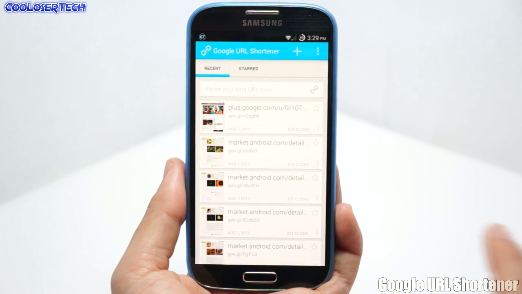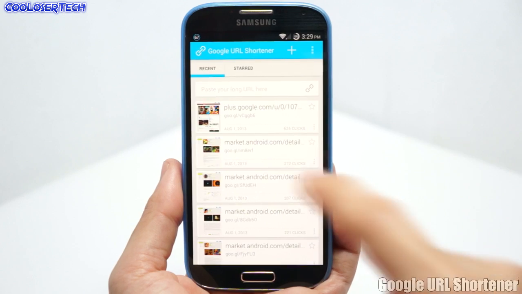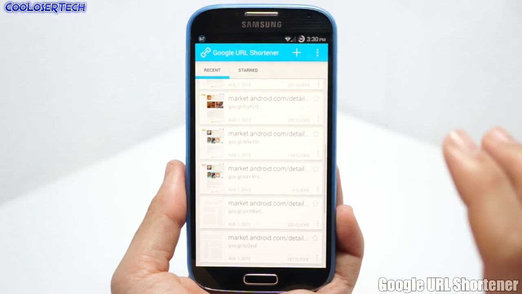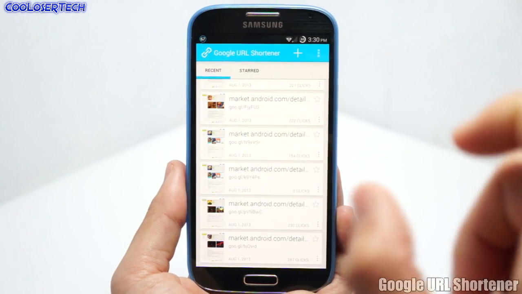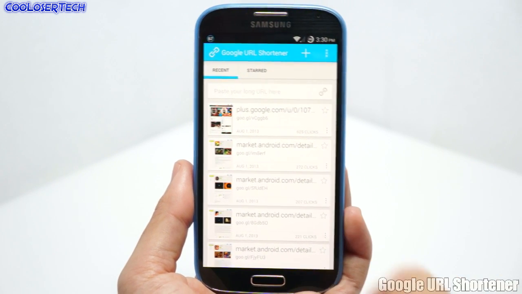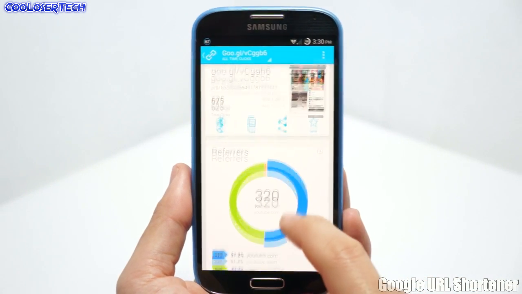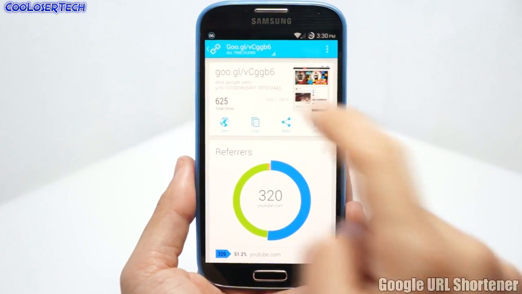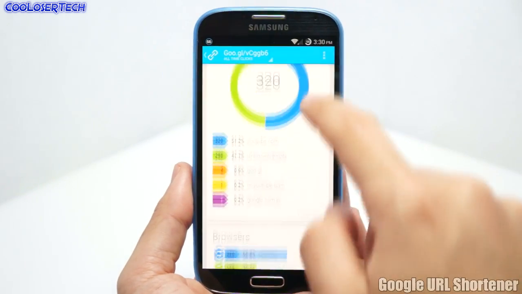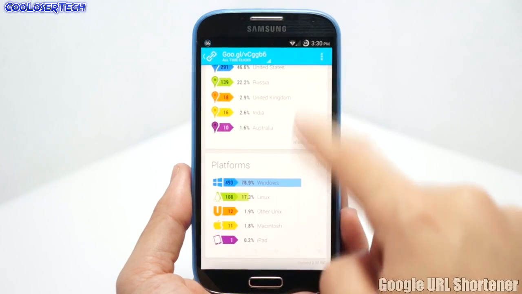But with that said, this is where all your URLs were created. So if you created one, this is where you'll see it. And every URL you shorten has a little tracer on it. It's going to show you how many people actually click on it. 625 clicks on this link that is provided on some of my videos, so that way I can keep stats on who is clicking, where it's coming from, where it's being watched, and lots of different platforms